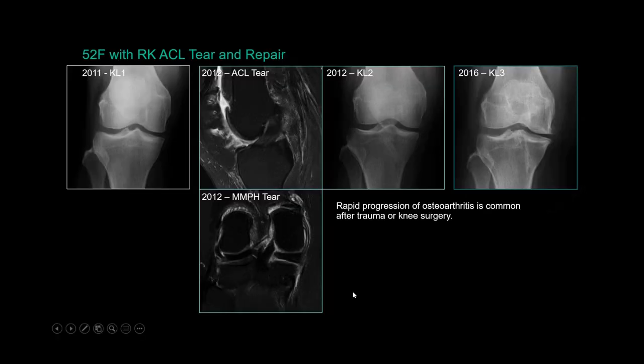So if you have injury to your ACL and you have repaired it, that's good. But you can see the sequence from 2011 to 2016. You can see quite rapid progression of osteoarthritis after trauma or surgery,